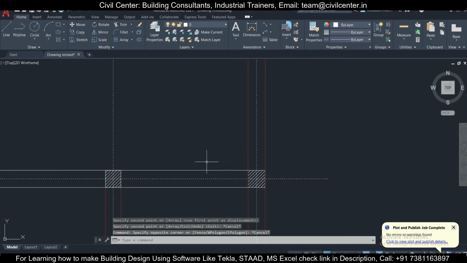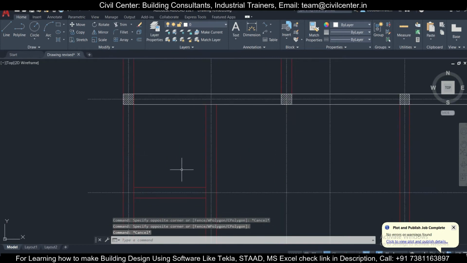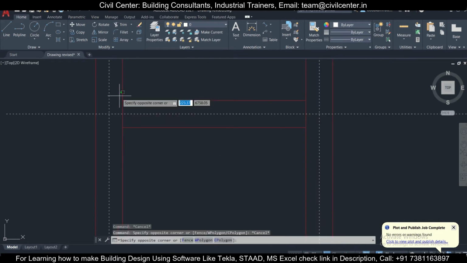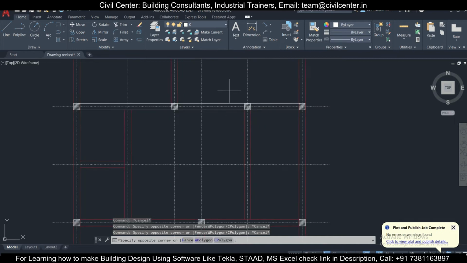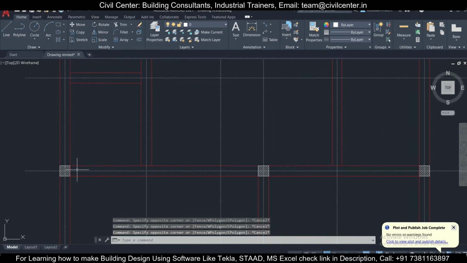There is no overlap in the columns. Match property we can do later. So here let me check if we have any overlaps. No, this is good. This is also good. No overlaps here. Check this beam. No overlaps here as well.